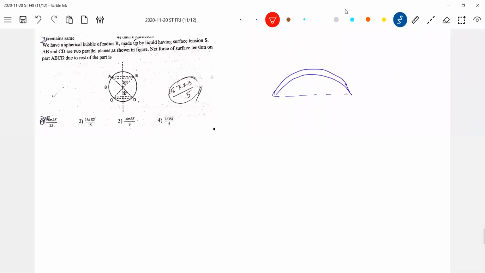How should the force due to surface tension be like this, no? Two tangential forces should act here. This is on AB. So you do one thing, calculate this radius. I think you can work it out. So calculate this radius. If you know this radius small r, then you